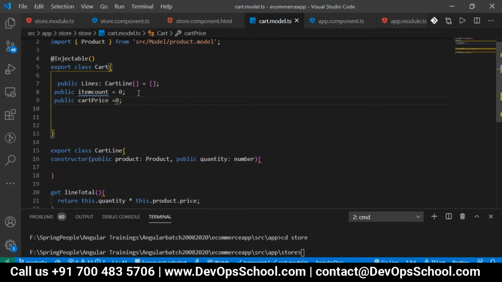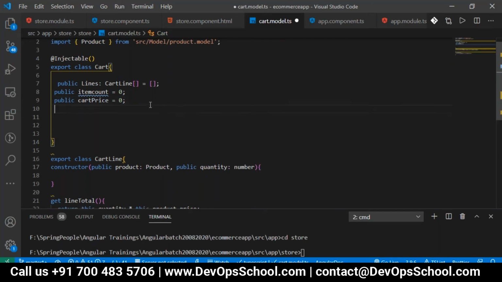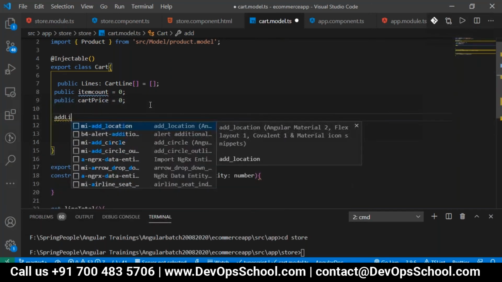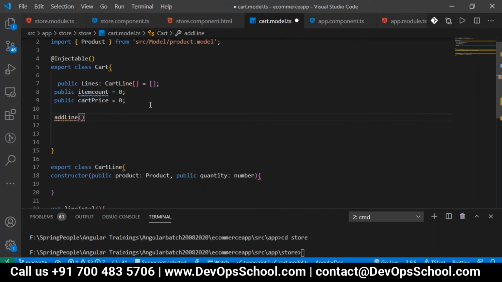So I just created three variables and done it. Whenever you do add to cart, what will happen? One product will be added to the cart, right? One entire product will be added. So here we will be writing a function for adding one product, which is addLine. It should be adding a product.